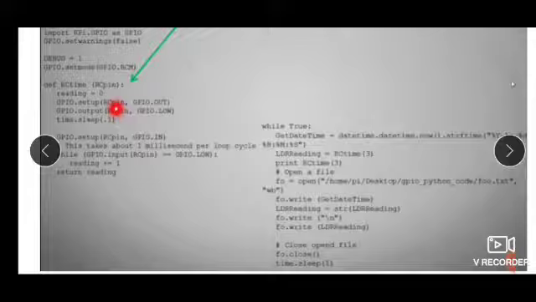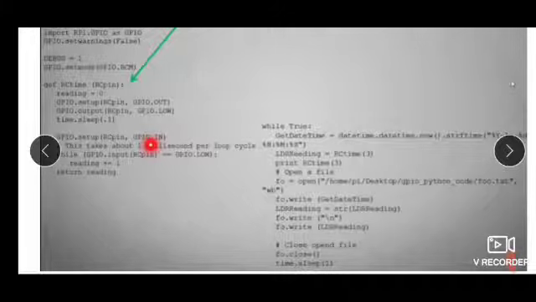That means this RC pin, which is pin number 3, passed as a parameter here, will be received here and will be set as an output pin. Then for that output pin, the value we are setting is low. Then a delay is introduced. Then GPIO.setup RC pin, GPIO.IN, so it will be made an input pin. First it is made an output pin and set to low, and now it is made an input pin.